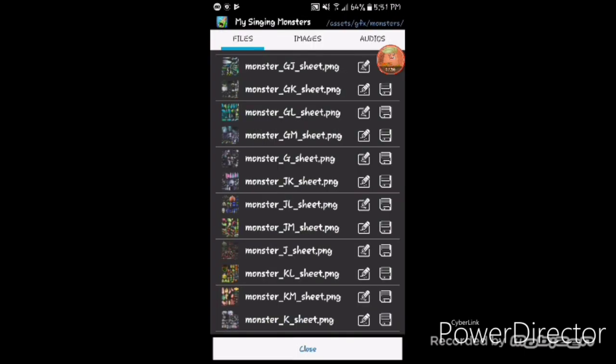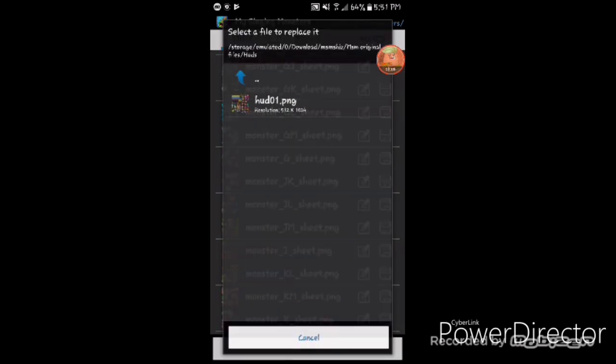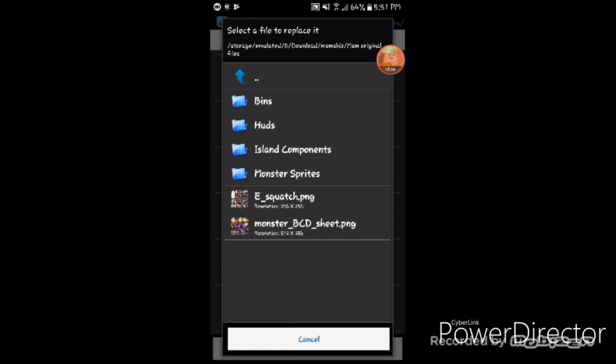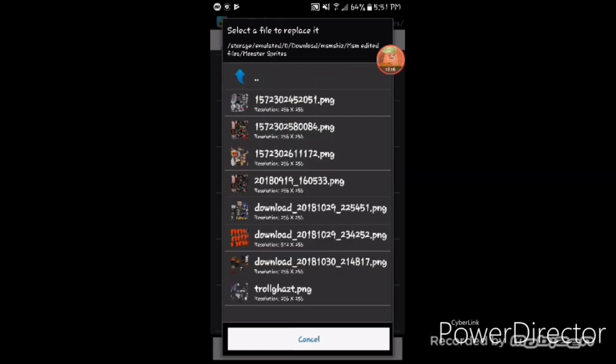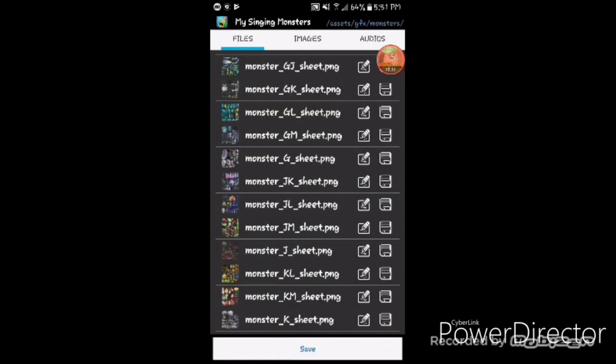And then you're gonna click or press this little pencil over paper, and then go to your edited file, and then just click on it. Make sure it's a PNG and it has a transparent background, otherwise it will not be good. If it's any other type of image format, then